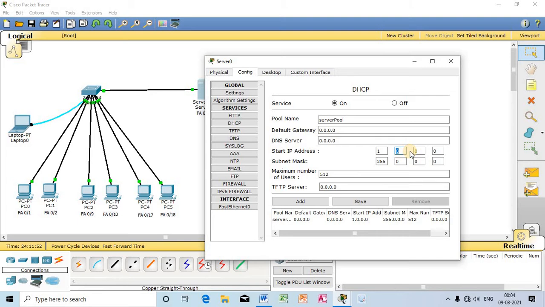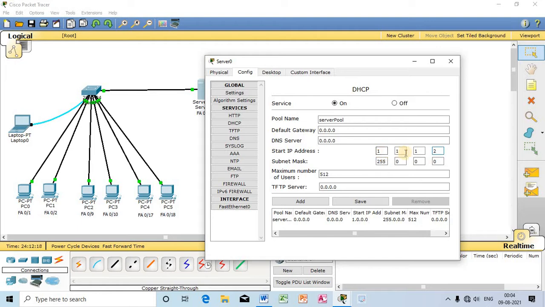This database will consist of a number of IP addresses. So let me give the first address. This will be the starting address for this database. So watch out, 1.1.1.2. This will be the starting address.